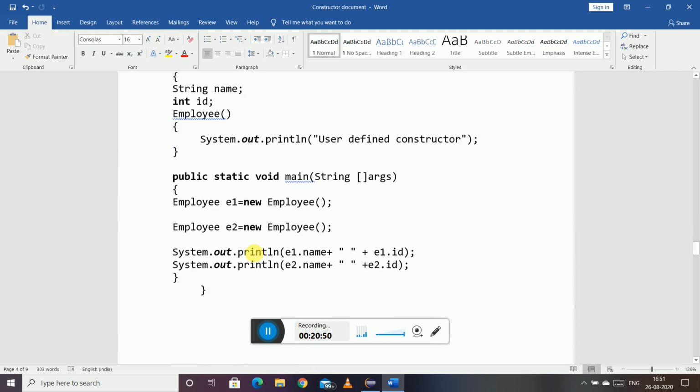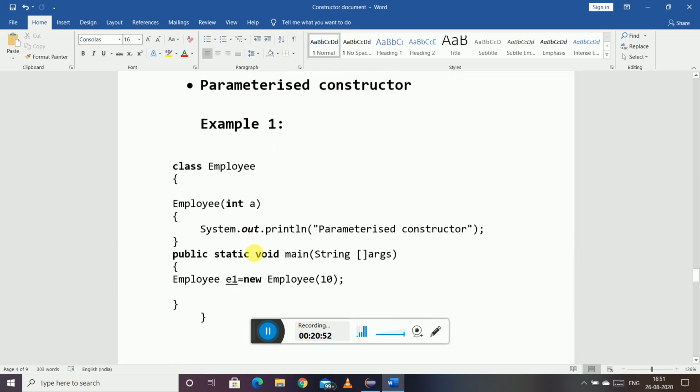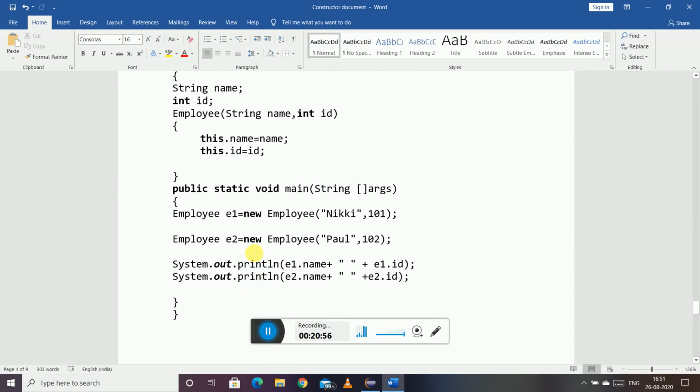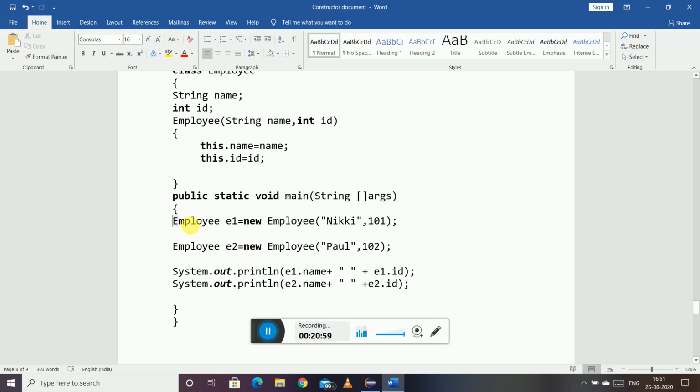So there comes to rescue the parameterized constructor. In a parameterized constructor, as we are creating the object, at the same time we can initialize the variables also.